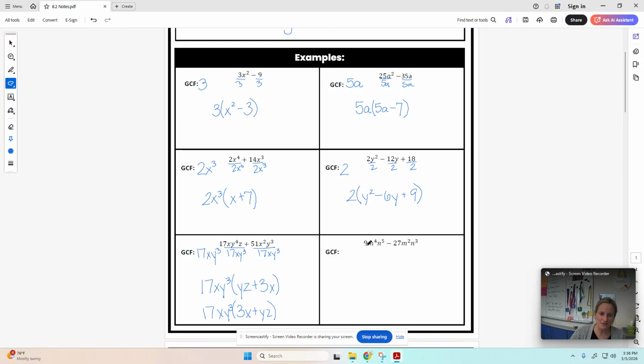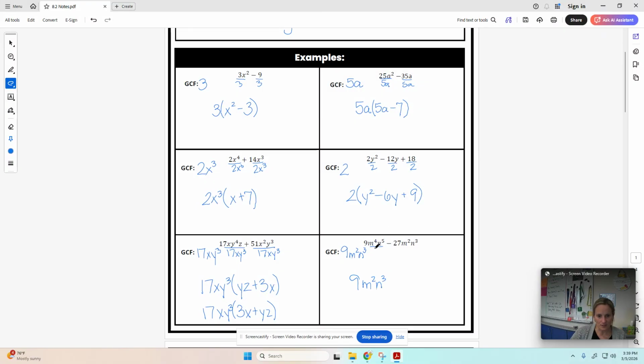So the greatest common factor between 9 and 27 is 9 itself. Both terms have an m. The lowest exponent on the m is 2, so my greatest common factor has an m squared. Both terms have an n, and the lowest exponent is a 3, so my greatest common factor has n cubed. The greatest common factor goes in front,